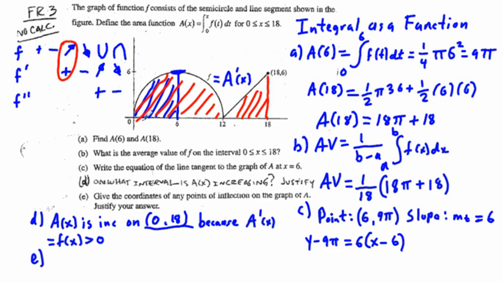So here from 0 to 6, the function is increasing, but changes concavity at 6 and starts going downward. And then here at 12, we're changing from downward to upward. So we say that we have points of inflection at x equals 6, x equals 12,